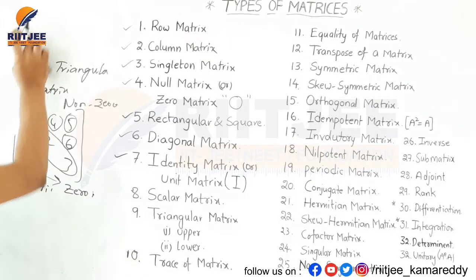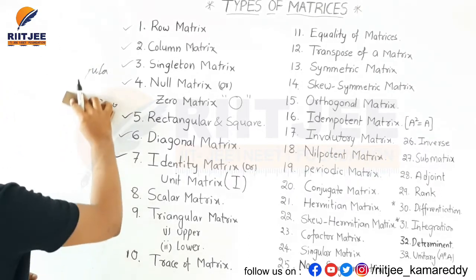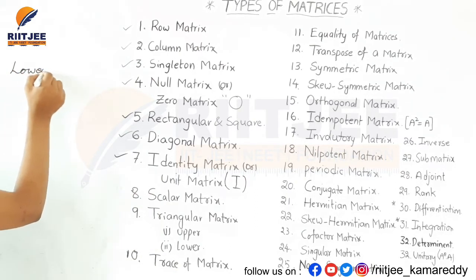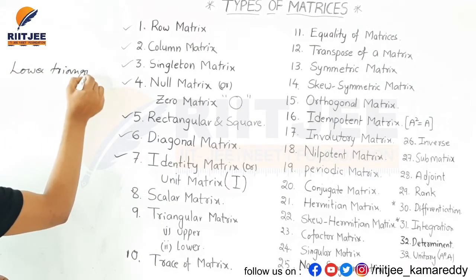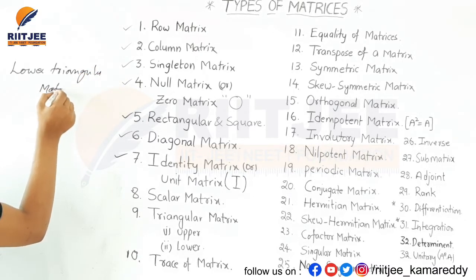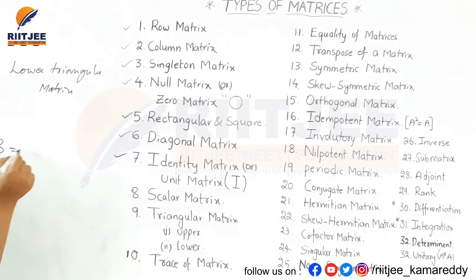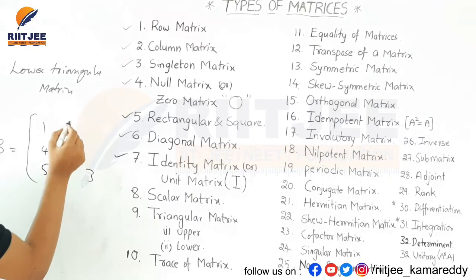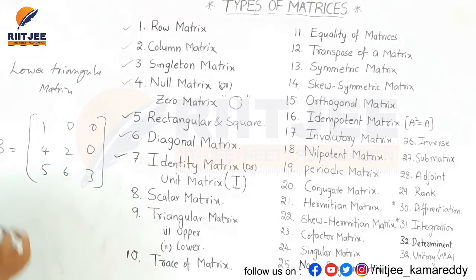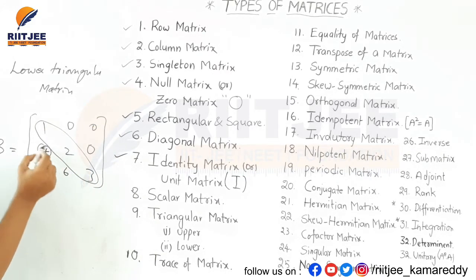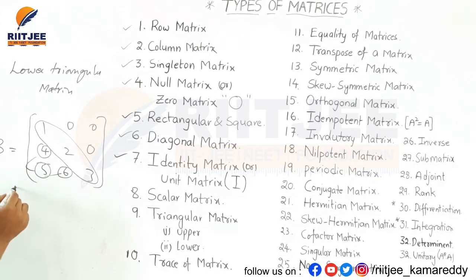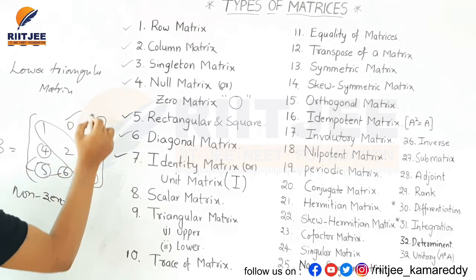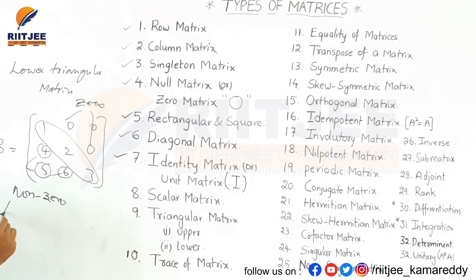Let us see the lower triangular matrix here. An example of a lower triangular matrix. Let us see one example here. B is nothing but 1, 2, 3, 4, 5, 6. Below the principal diagonal the elements are non-zero numbers, and above the principal diagonal the elements are zeros. This is called a lower triangular